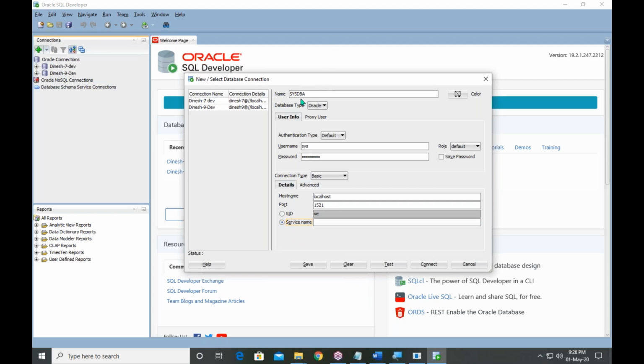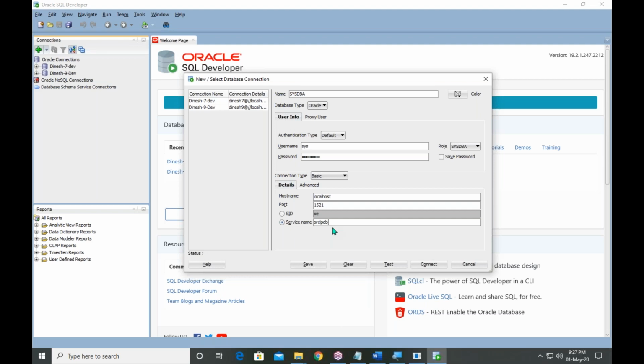What are the details you are giving, guys? Listen carefully. This is your connection name, this is your username, and this is your password. Here role. What is the role? Sysdba. Connection name, username, password, role sysdba. After that, service name: ORCLPDB.